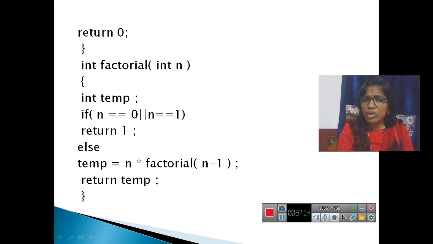Okay, so you are calling this. So it replaces with n into n minus 1 into factorial of n minus 2, right? And the control of execution again goes back here until you reach n value equal to 0 or 1. It continues. Till that time your first call is under execution, second call under execution, and last call also will be under execution.